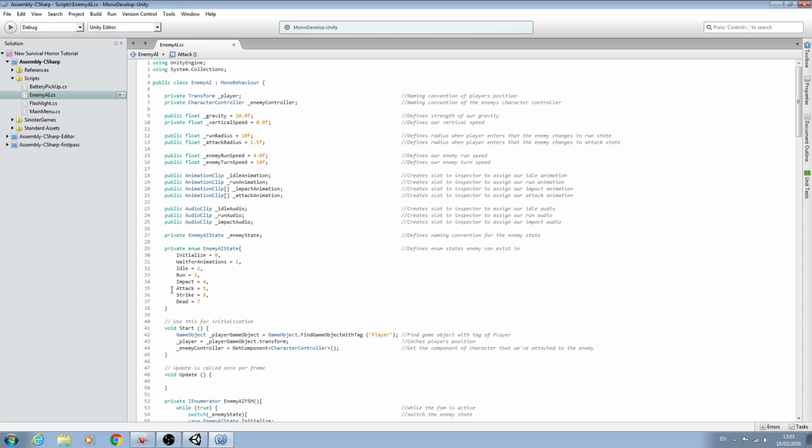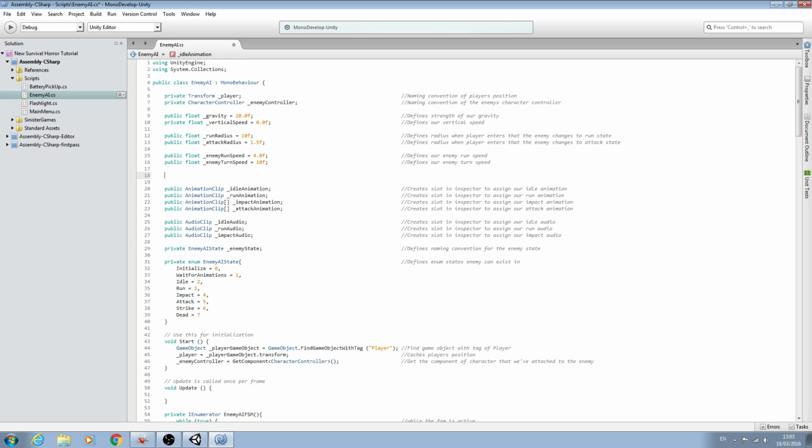In this lesson we're going to make a start on the attack block. But first things first, we need to create another variable. I'm just going to put mine here, and it can be of type public float. We're going to call this _FOV, and we're going to make it equal to 100f, and we'll close the line off. And we'll put it into the comments. So we'll say defines our enemy's